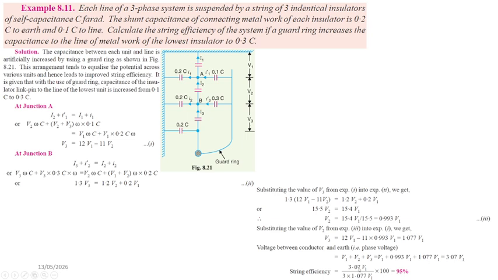And V3 is the maximum value. We can put it here. We have 3 insulators. And finally, you can see that the string efficiency is even better, demonstrating that the guard ring effectively reduces the unequal voltage stress and enhances the reliability of high voltage